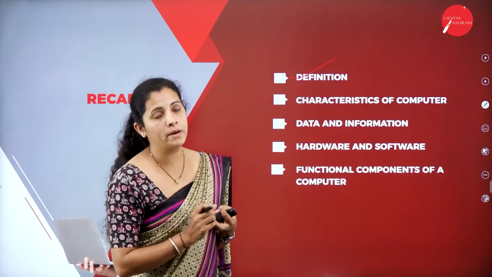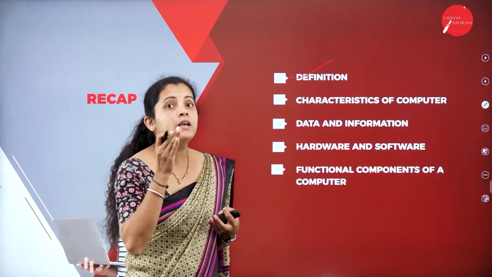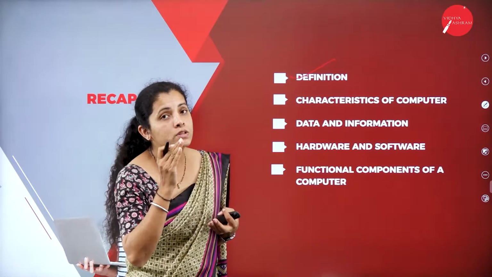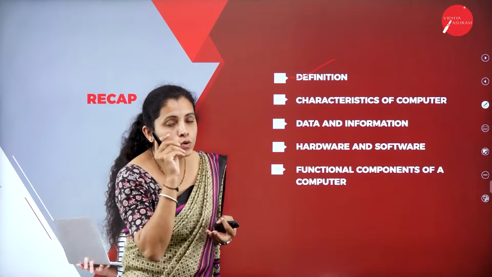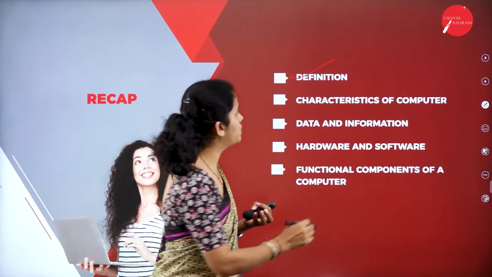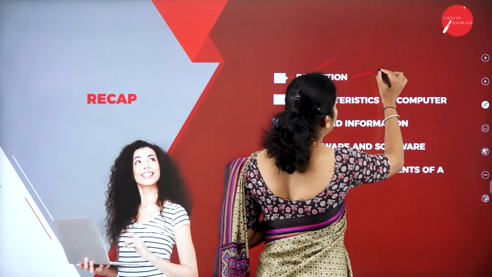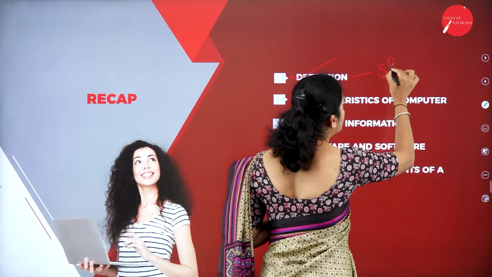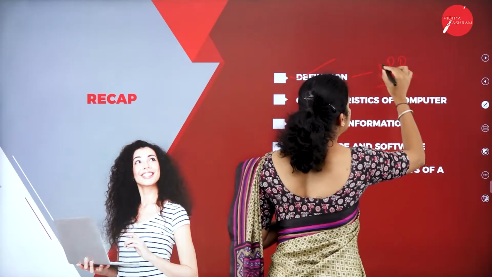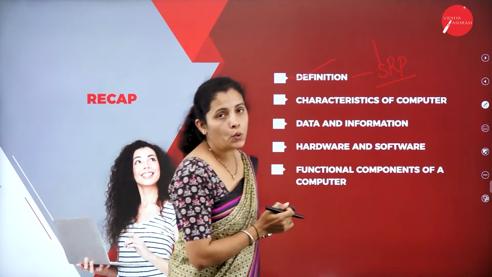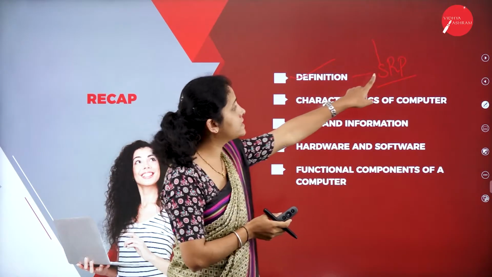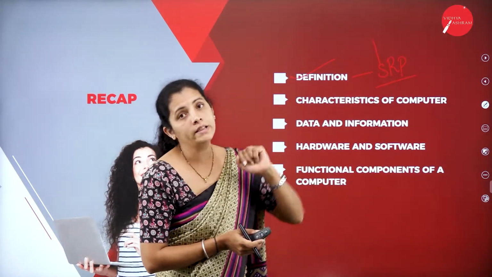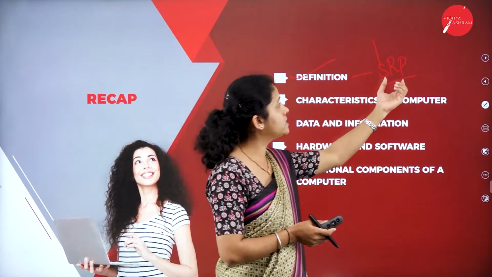So how to remember these: storing, recalling and processing of data? In order to remember these three words, I'm going to use the letters S, R, P. That means S stands for storing the data, R stands for recalling the data, and P stands